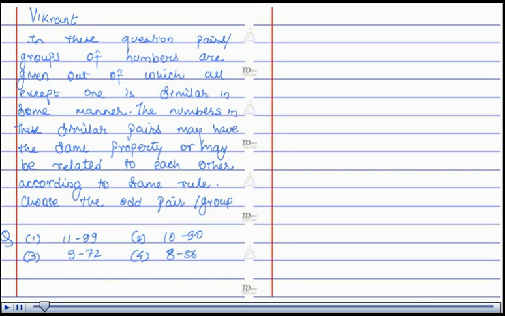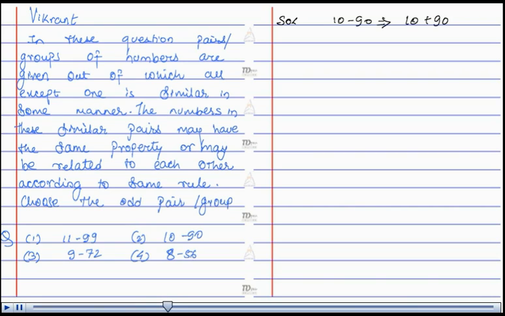Hello, I am Vikrant. In these questions, pairs and groups of numbers are given, out of which all except one is similar in one manner. The numbers in these similar pairs may have the same property or may be related to each other according to the same rule. Choose the odd pair or group. The solution is, if you look at the pair 10, 90, we'll observe that their sum, that is 10 plus